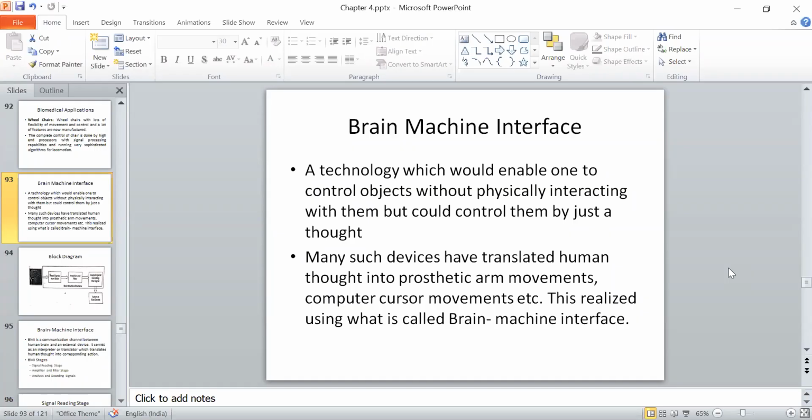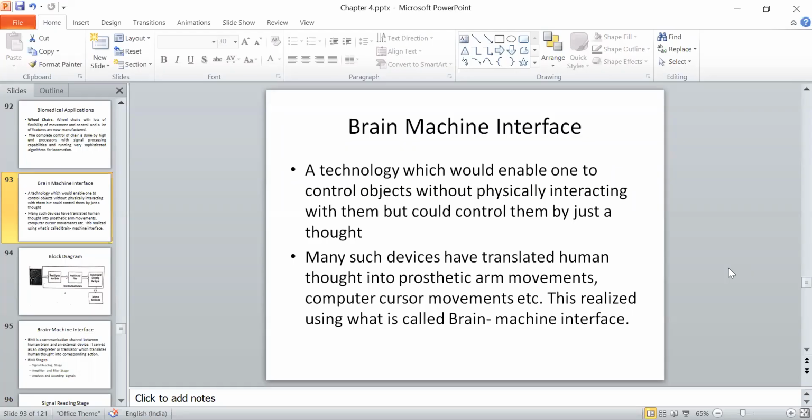ठीक है, पहले हम रिमोट से टीवी वर्क करते थे, फिर हम वॉइस ऑपरेटेड टीवी लेकर आए। अब व्हाट इट इज वी वांट कि हम जस्ट सोचे कि सोनी चैनल लग जाए और ऑटोमेटिकली टीवी में सोनी लग जाए। ठीक है, we want that kind of functionality, and there is where the BMI will come. Though it looks very complex कि आपके ब्रेन के थॉट को रीड करना, आप जो थॉट ले रहे हो उस सिग्नल को कैप्चर करना, उसको रीड करना, उसको अंडरस्टैंड करना, एंड देन उसे एक्शन में कन्वर्ट करना। It looks a bit complex, but there are already some devices available in the market which